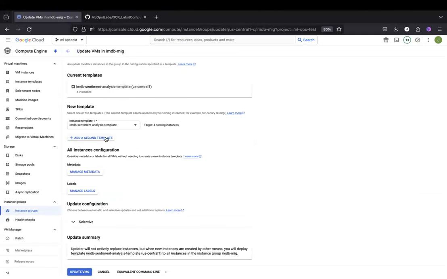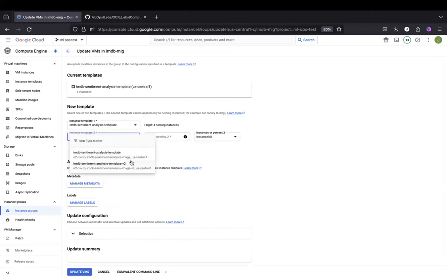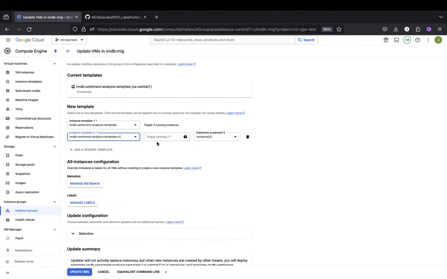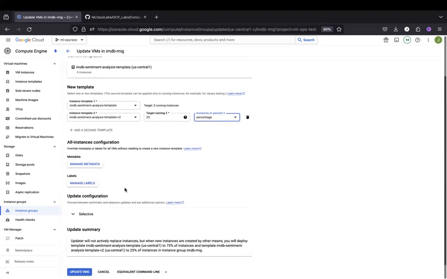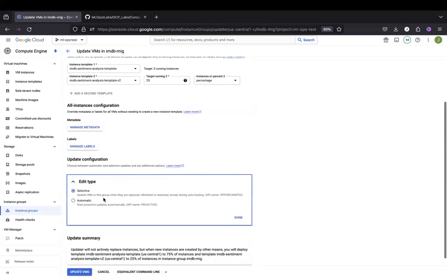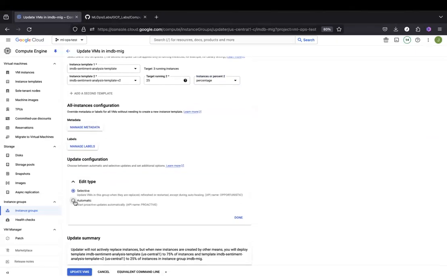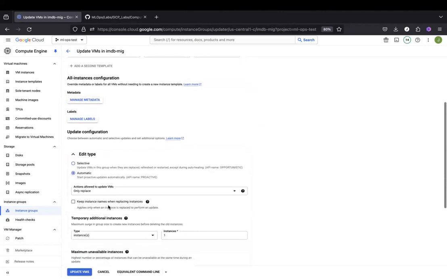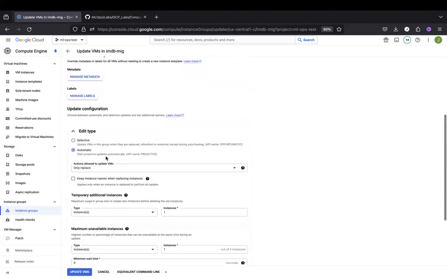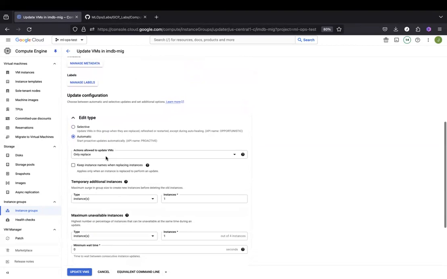and we'll be selecting a second template, which is our IMDb sentiment analysis template v2. In the target, we set it to 25%, which means that out of the 4 instances, which is the minimum, 1 instance would be replaced by the new instance template. Under update configuration, we'll select automatic. This ensures that our updates are instantly applied, and we select